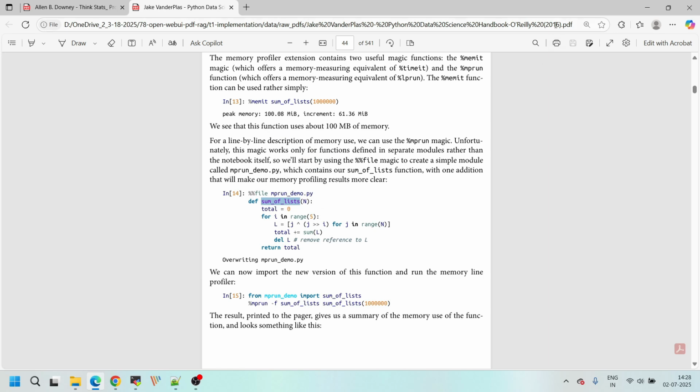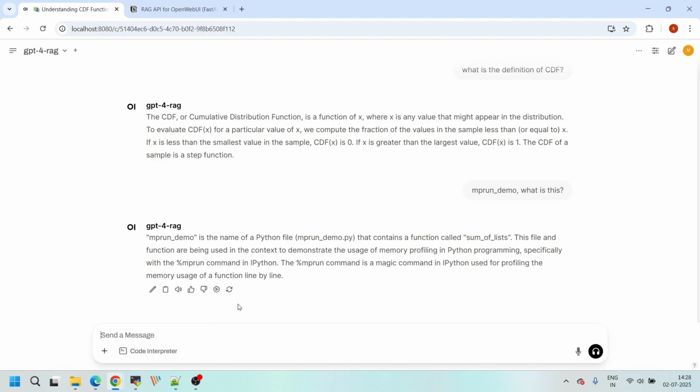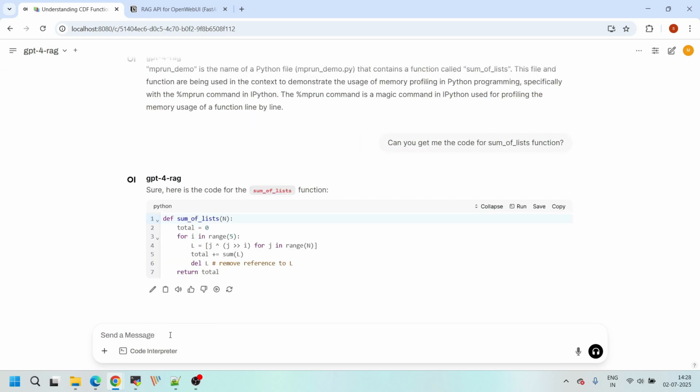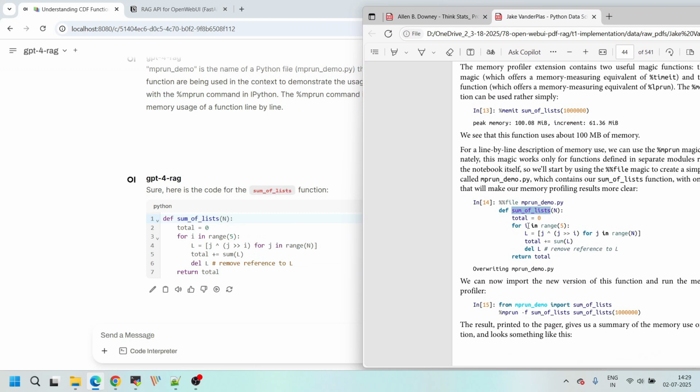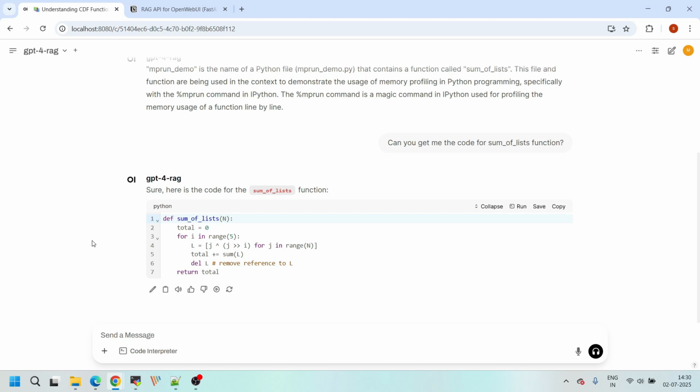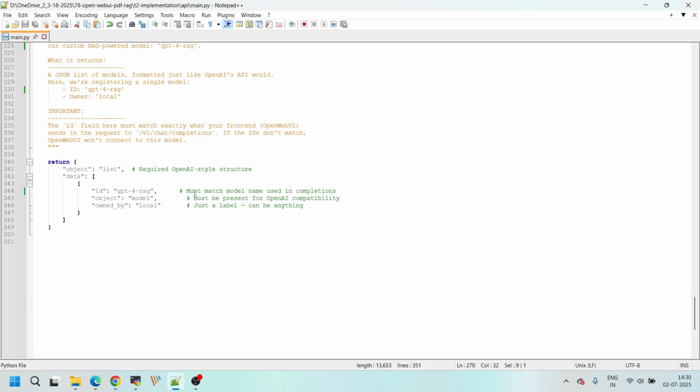If that is the case, let's see if it can extract the entire code for this sum of lists. Can you get me the code for sum of lists function? That's it. It extracted the code definition, sum of lists n. This is the same code that you can see here. Same thing, right? Sum of lists n, total equals 0, range 5, like that. Okay, that's it. We have now fully integrated our LangChain powered RAG pipeline into Open WebUI using this FastAPI